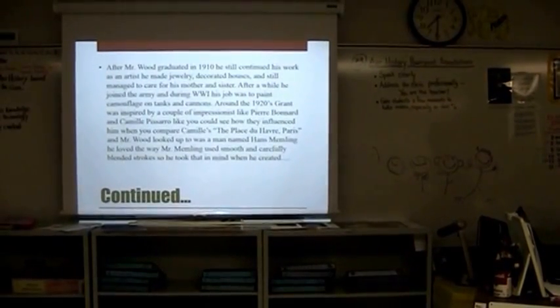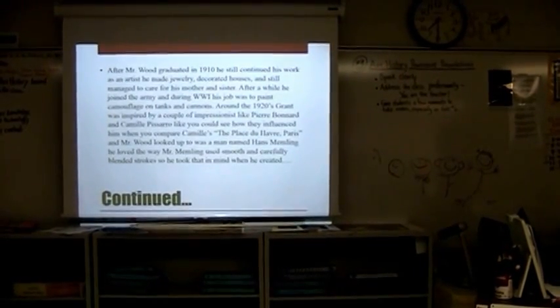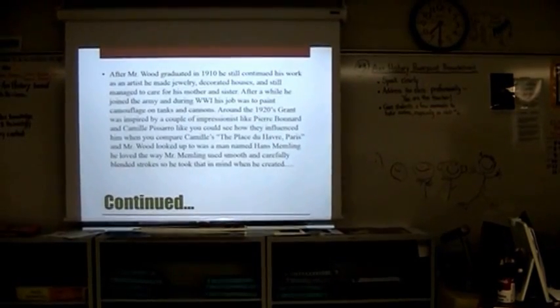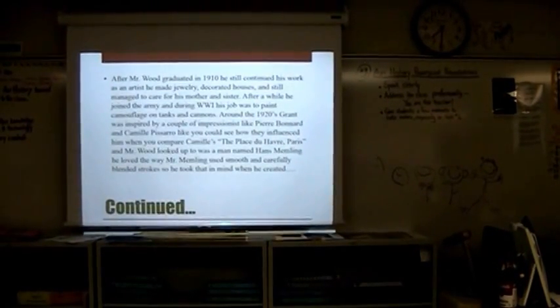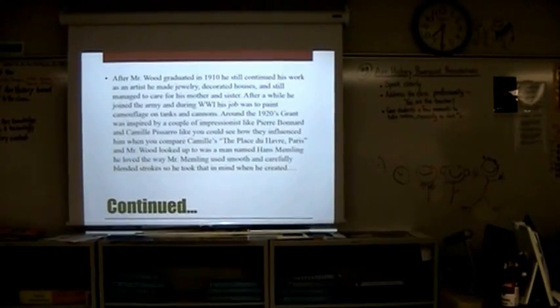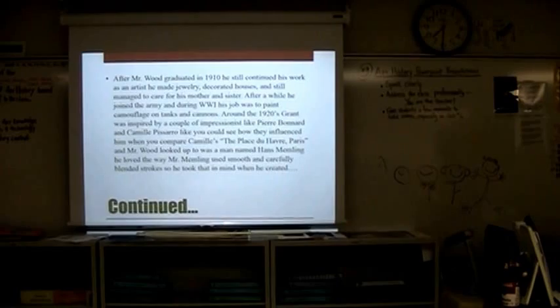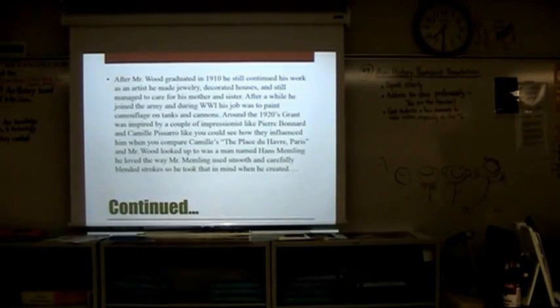After a while, he joined the army, and around World War I, his job was to paint camouflage on a tank cannon. Around the 1920s, Grant was inspired by a couple of impressionists like Pierre Bonnard and Camille Pissarro. You could see how they influenced him when you compare Camille Pissarro's Place du Théâtre Français, I think, in Paris, and